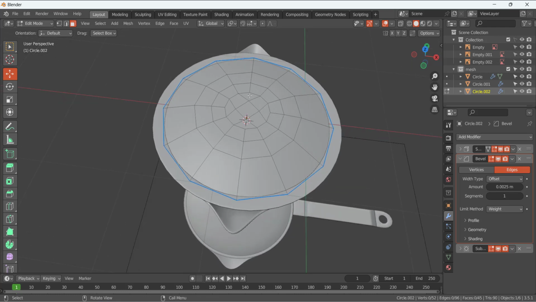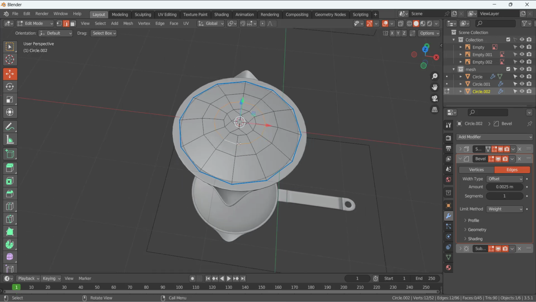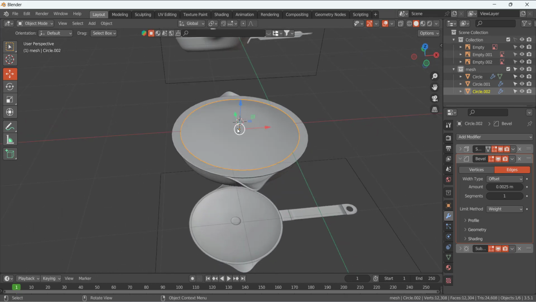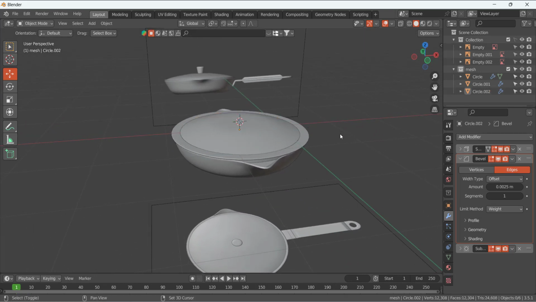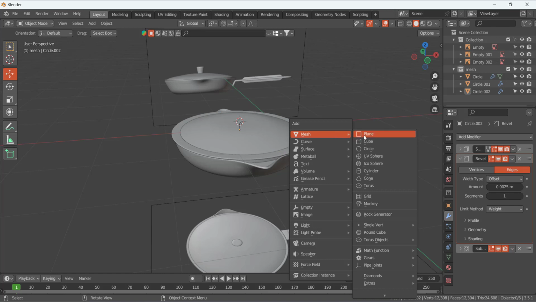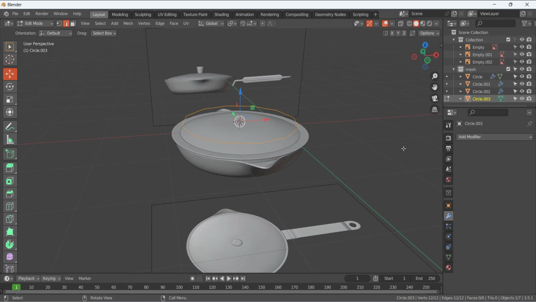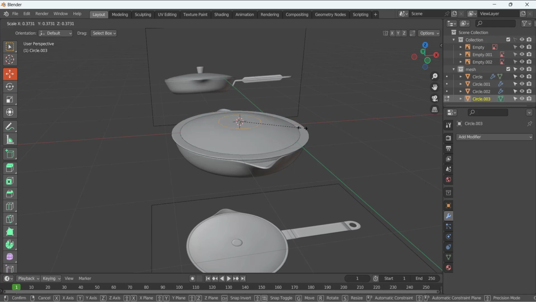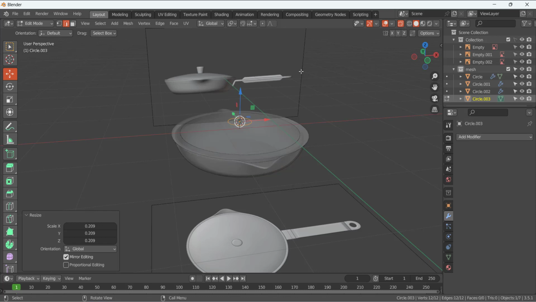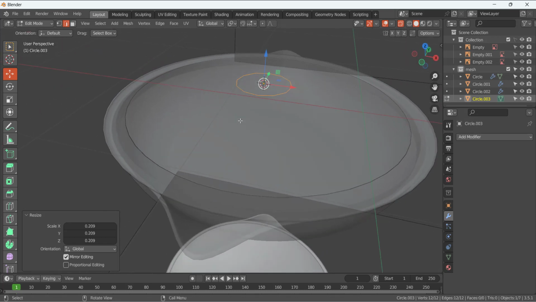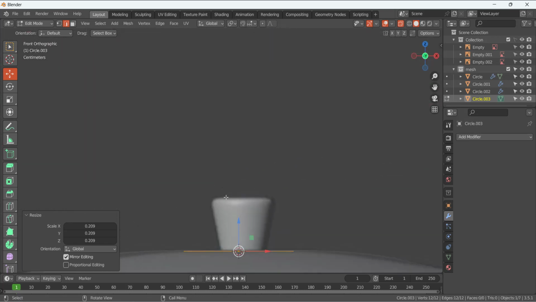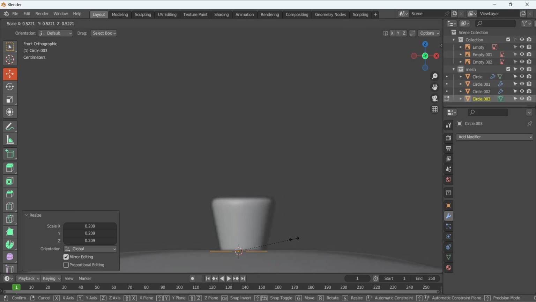Okay, now next I'm going to select this loop, sorry, this circle or this circular loop, and shift S to add a cursor to selection. So we added this cursor at this point, and shift A to add the mesh and add a circle, and for this circle 12 is enough, and we are going to just make it smaller like that. Press 1, so make it smaller like that,